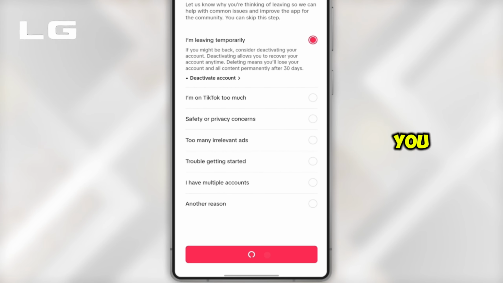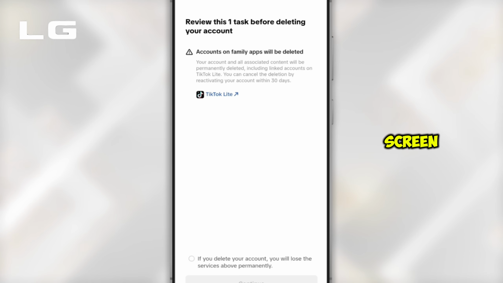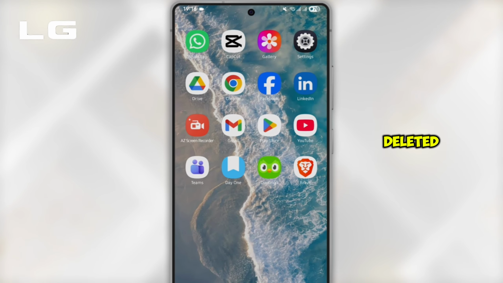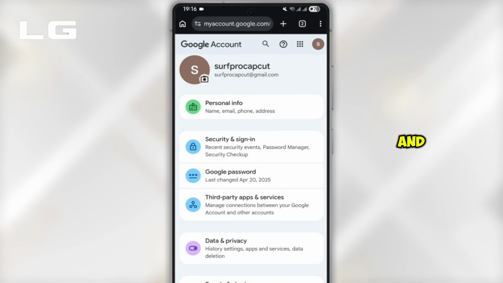Give any reason that you would like, tap on continue. And all you have to do is follow the on-screen prompt and simply delete your account. Once your account has been deleted, let's go ahead and remove access from your Google account. Head over to your browser and simply type in